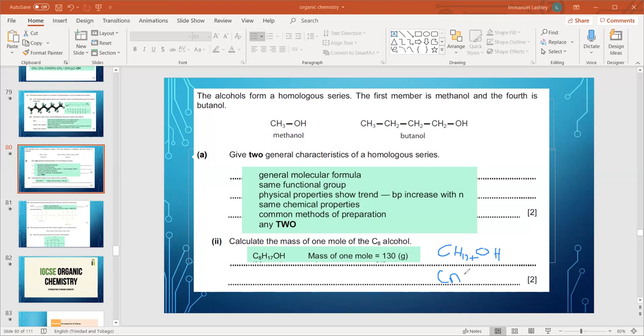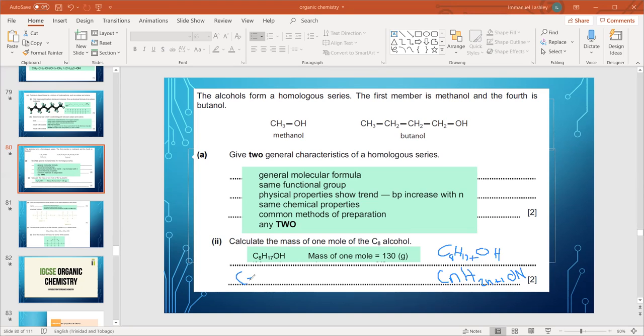CnH2n plus 1 OH. So if C is 8, 8 by 2 is 16 plus 1 is 17. That's how we end up with C8H17 plus OH. So to find the mass of 1 mole of that, you can find out how much